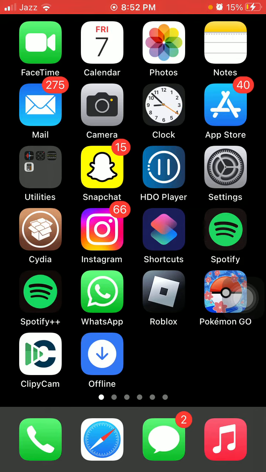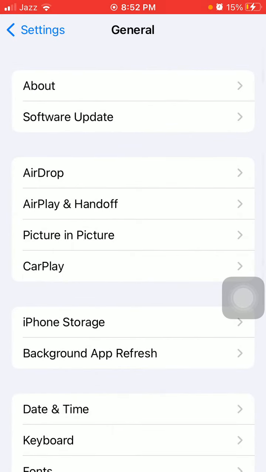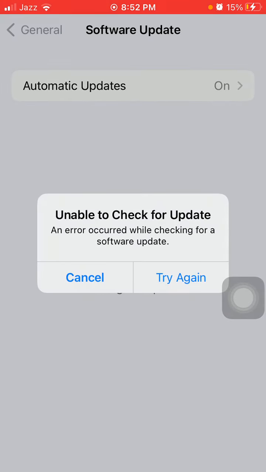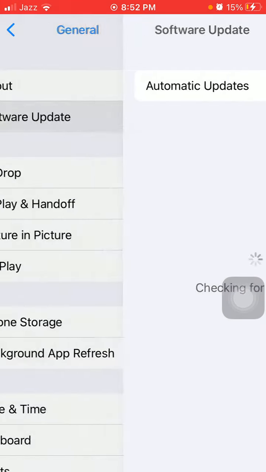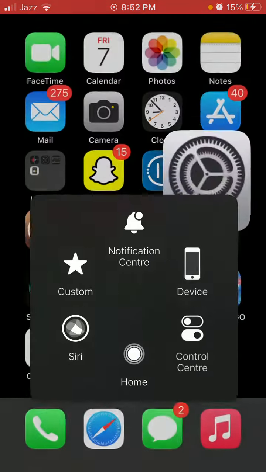First of all, we must know that your device is supported for iOS 17. Then go back to settings and general and tap software update, and your update of iOS 17 will automatically show here. If not, then launch the Safari browser and in Google search for